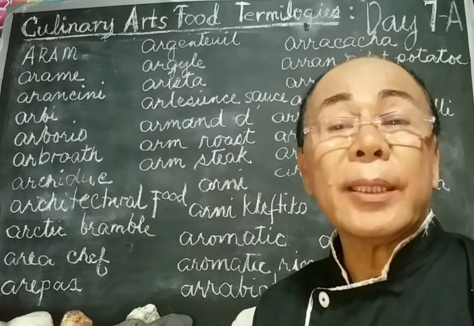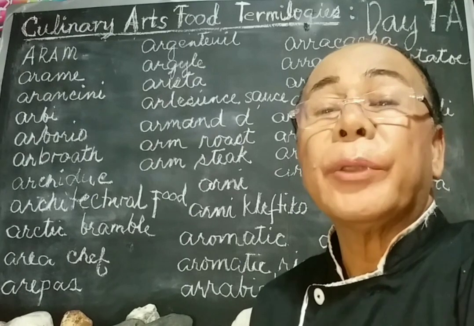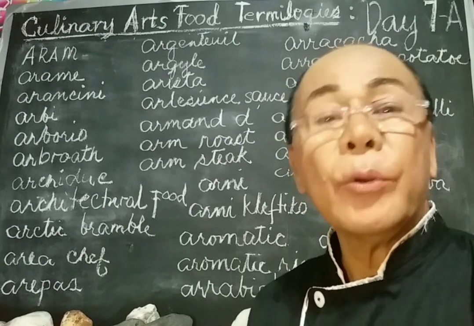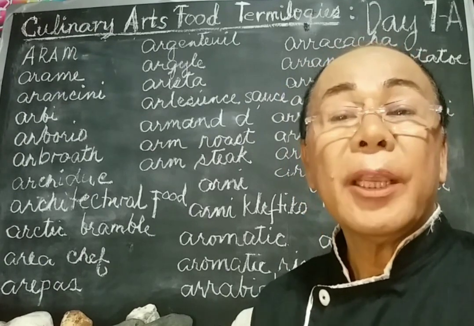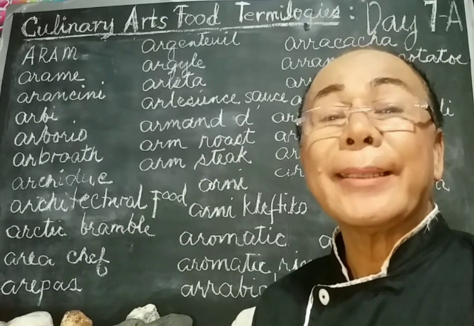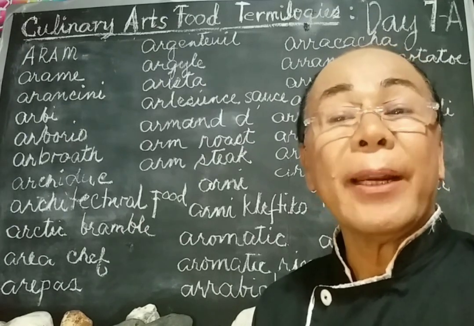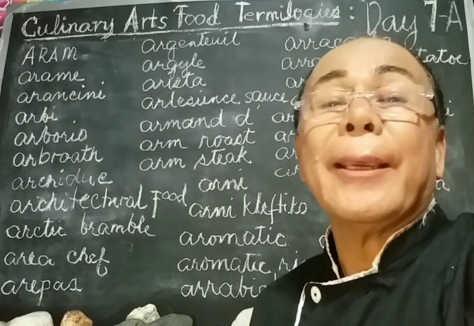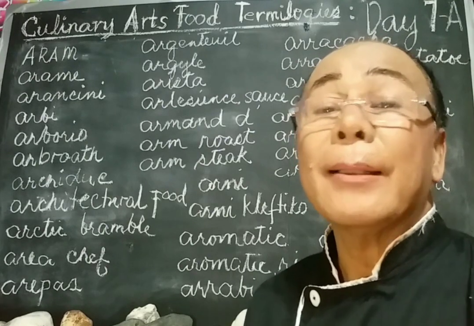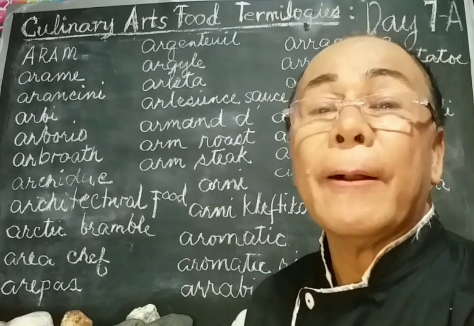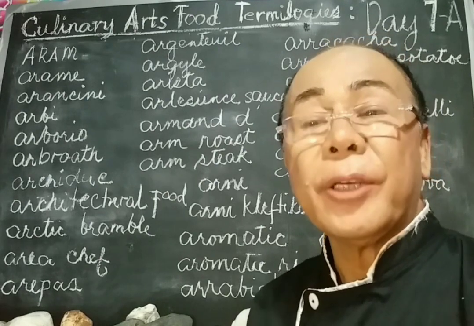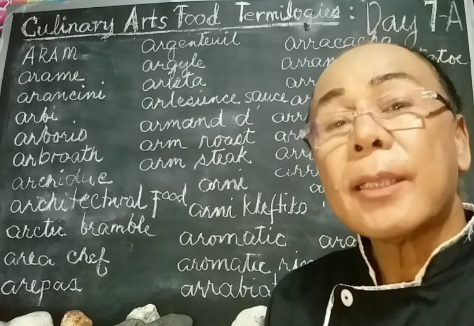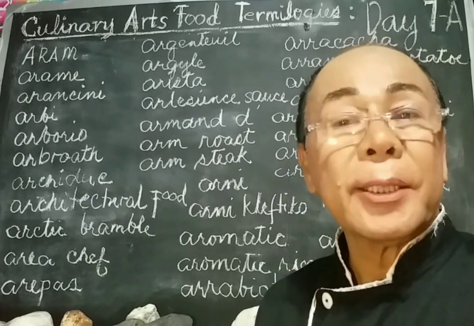Another word, arrowroot, is a starchy white powder made from the underground stems of a tropical plant, generally used as a thickener, flavorless, and becomes clear when cooked. Next term we have the arrowroot vermicelli. This word refers to brittle, thin white Asian noodles made from arrowroot flour, usually sold in bundles and used in soup.